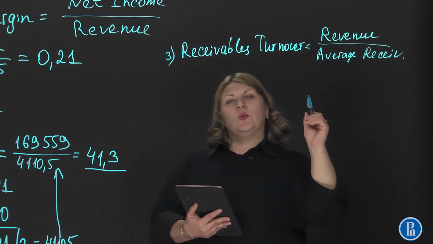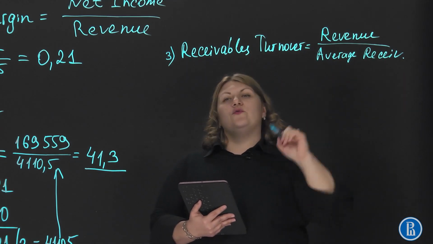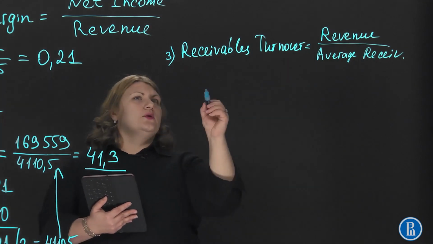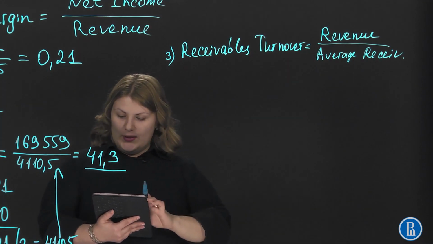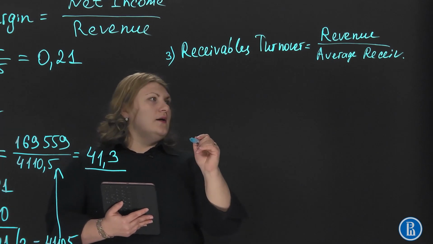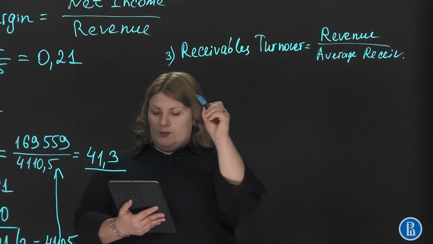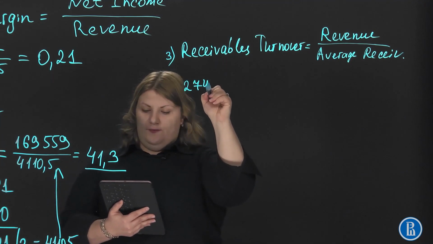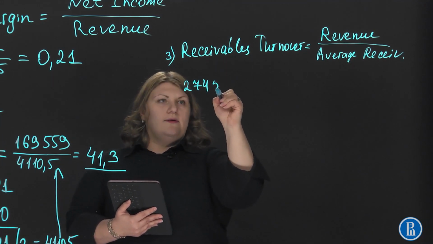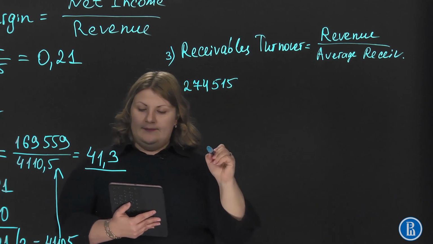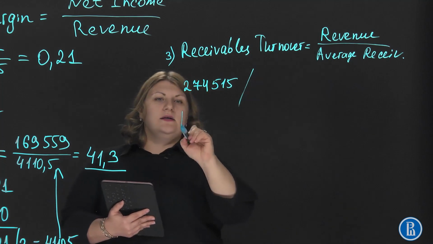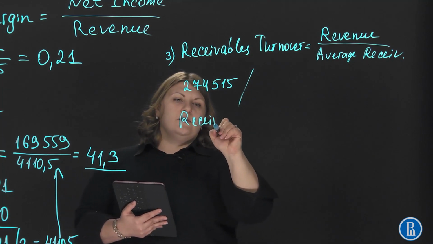Once again, we will be looking here at our average figures. Now, what we have for Apple company for 2020 is that we have revenue of 274,515. And as for the average receivables, let's look at receivables